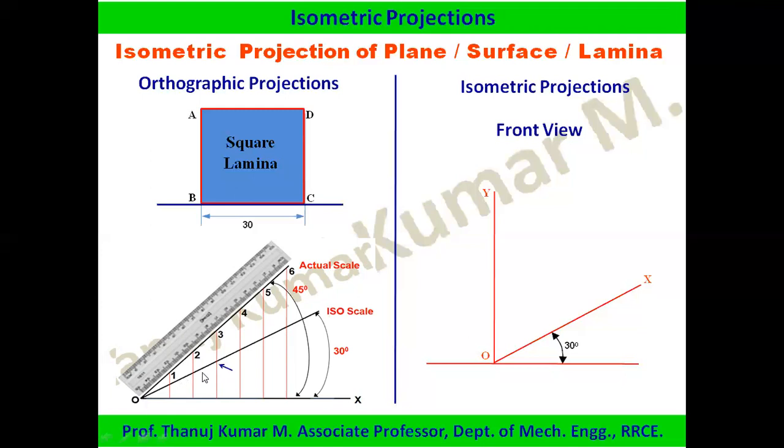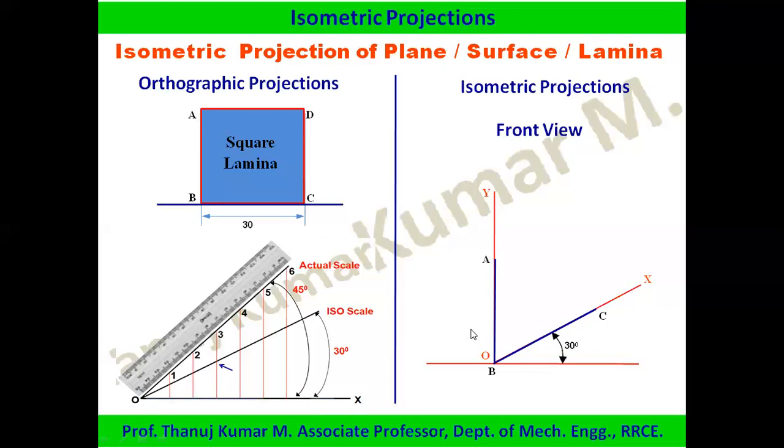So this distance you have to measure now. Using a compass or a protractor, you can measure this distance on the isometric scale. This point, the arrow mark is shown, right? That distance from O to this point, you have to measure it, and then draw it here. Okay, that is BC. This distance is drawn here. Now I'm talking about AB. AB is a vertical line, this is horizontal, right? So I'm drawing the AB line. Same thing, AB is measured at 30 mm. I'm measuring this distance, marking it here, and it becomes AB.